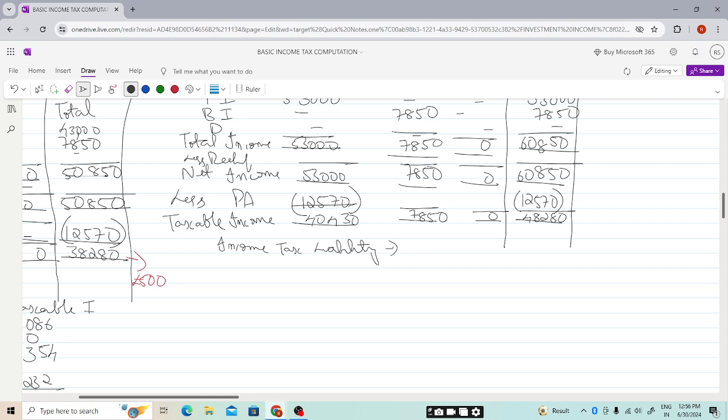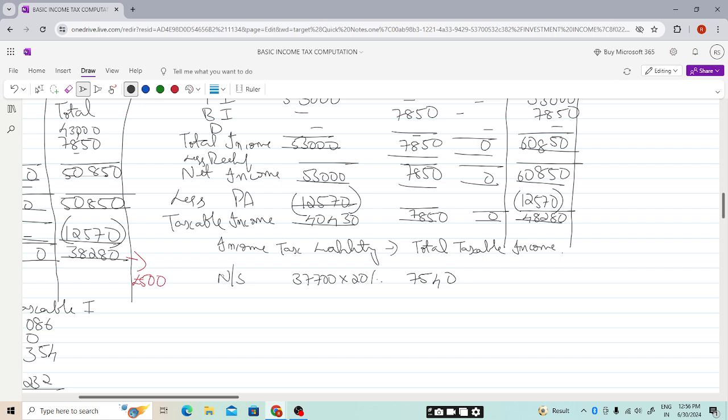Income tax liability is calculated on the total taxable income. So for non-saving income we have 40,430. This is exceeding the limit of 37,700. So first 37,700 will be taxed at 20%, which will give rise to income tax liability of